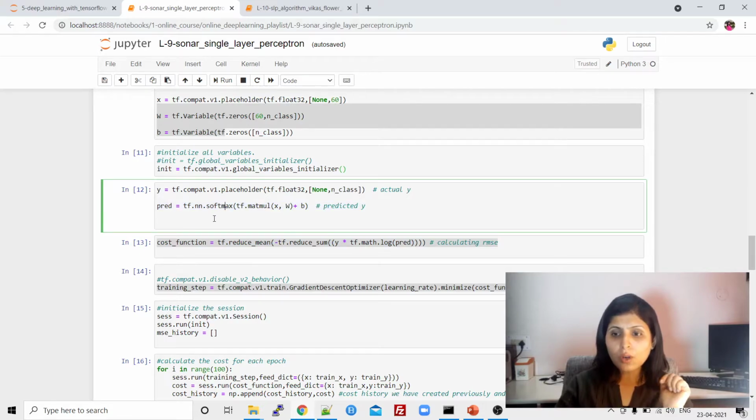So what we are doing over here is using a softmax activation function. Guys, remember, in the second lecture of this detailed deep learning program, I explained what the softmax function does. The softmax function will give you the probability for each class, and the class with the higher probability will become the output class. Okay, so we are using the softmax function.